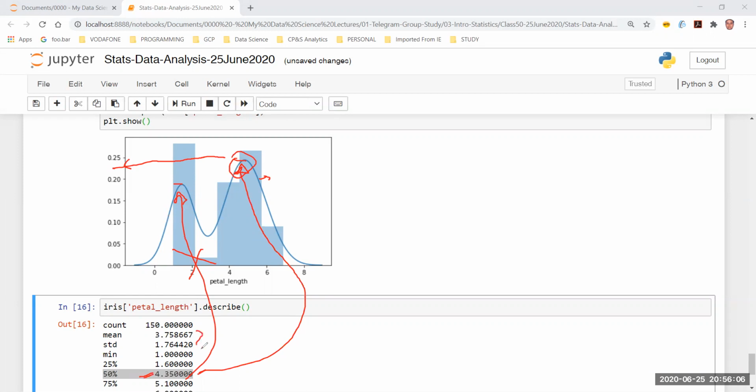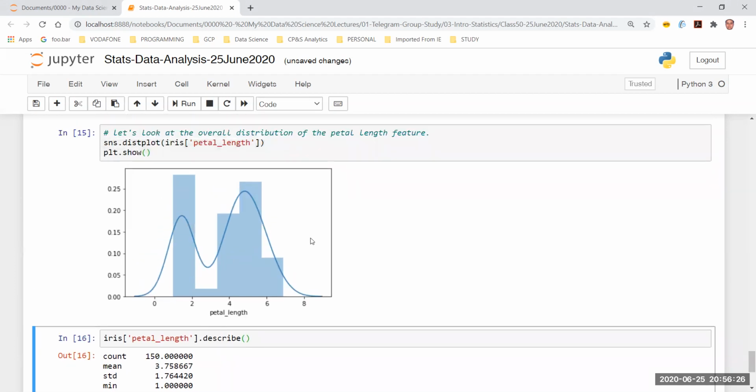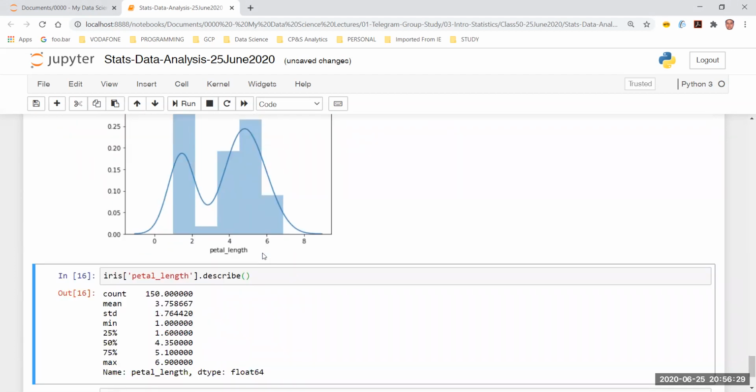If you look at this data, you will come to know this is a unimodal kind of distribution. So the point I wanted to make, I've said this, is that only looking at the visualization, you shouldn't take a call. You should also look at the number. But then the opposite is also true. Only by looking at the number, you cannot take a call. You also have to look at the distribution. A mixture of these two is going to give you the full picture, right?